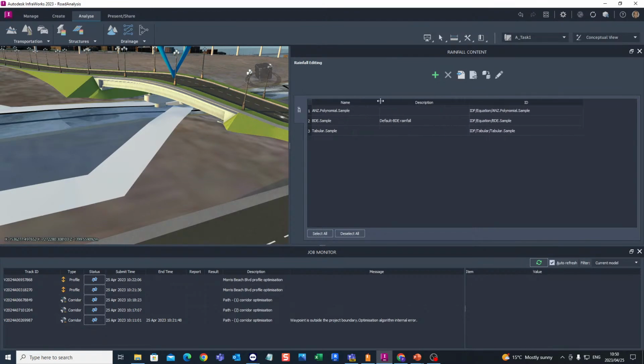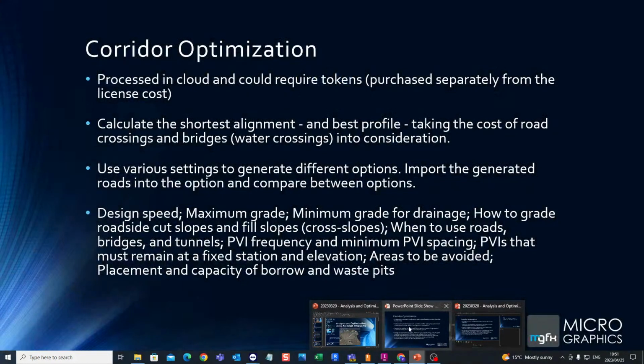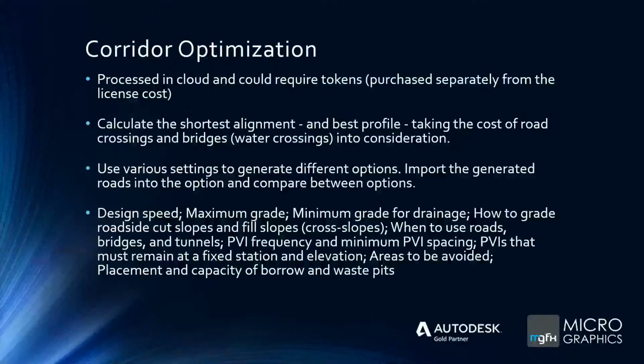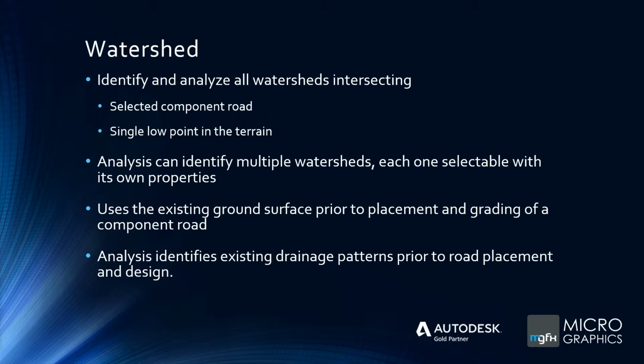So with that, I'll maybe just conclude with the slideshow. If you need to contact us, we'll find our contact details, and it's corridor optimization, the traffic. Remember the Java, it's not difficult to install it, you just need to know which one to use. The Watershed,